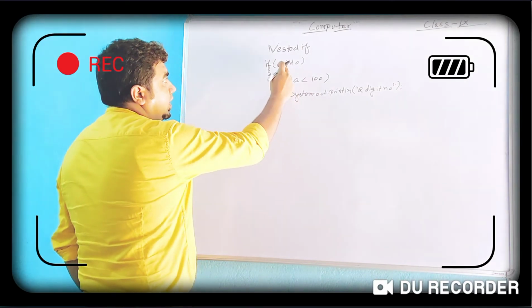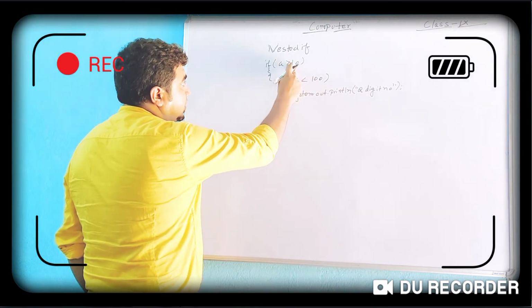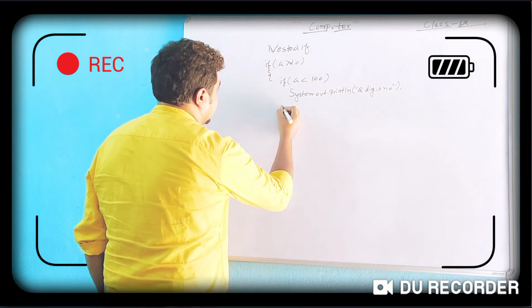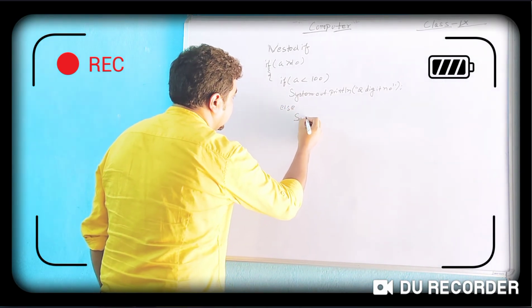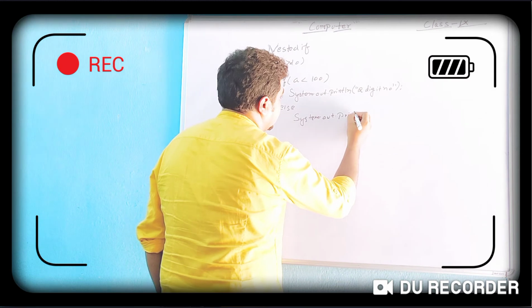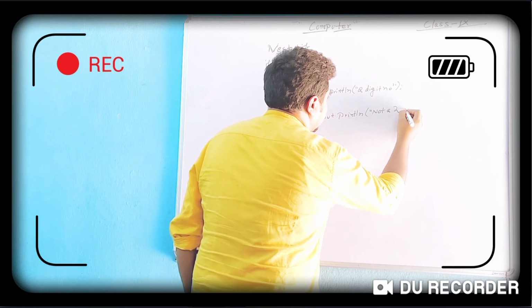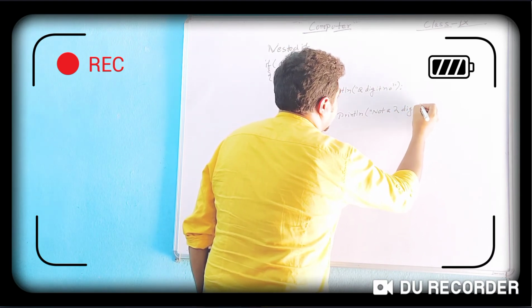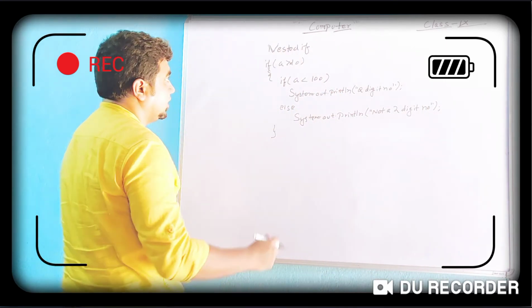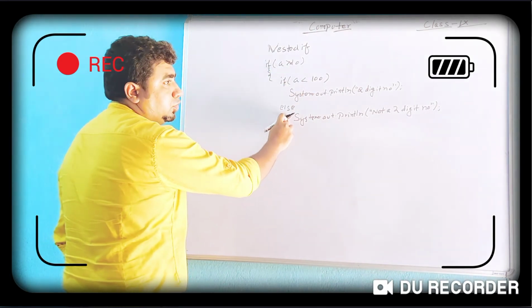If this condition is false, a is greater than 10, but it is not less than 100, means the number will be greater than 100. So what you can write here is else, and inside this System.out.println not a 2-digit number. So you can see here that I have written an if, and this if is written inside it, and if and else both are included here.